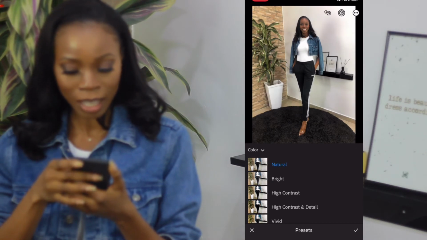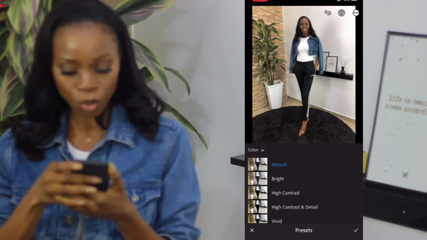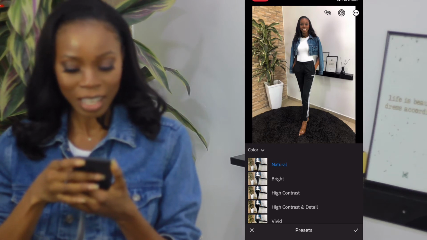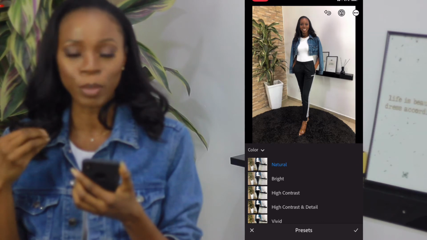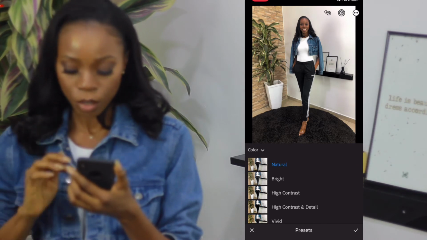So you see that natural, see before I selected natural, this was before and this is after. Natural just brings color into my cheeks and makes me look less pale. So I select that,